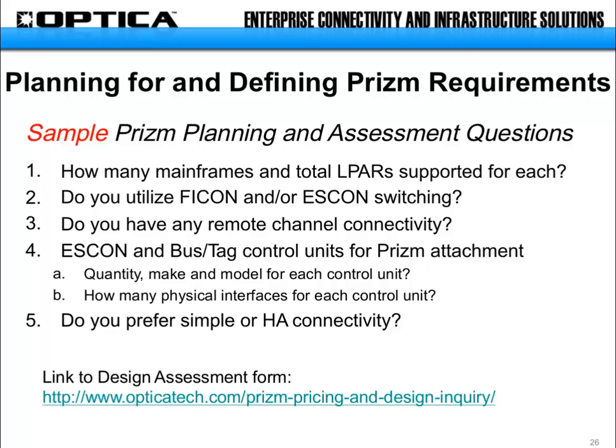Again, there are lots of variables: local connectivity, remote connectivity, how many CECs you have, how many LPARs per CEC. Obviously, understanding your device portfolio is important, and how many physical interfaces you have. But this is really a snapshot, these 5 questions, of the most important variables that we like to collect information on. There are a few more than these in the form itself, but we ask you to populate that form and submit it. It comes right to me and my team, and from there we'll create a draft design and recommended solution for you and show you what will support your requirement. Okay?